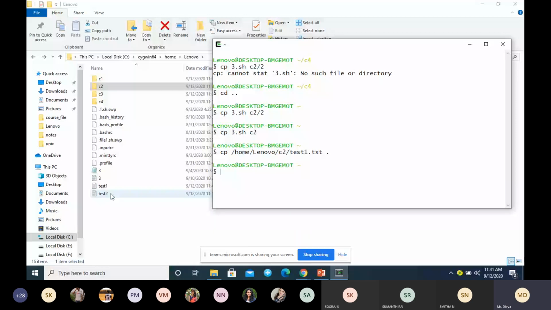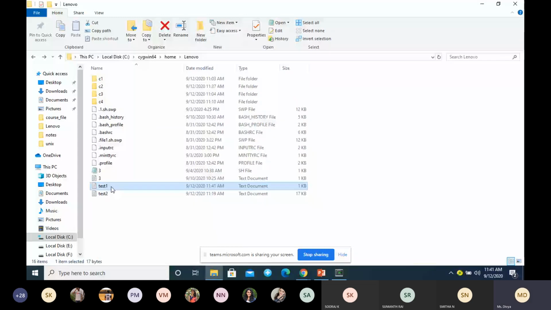Okay, you can change your current directory. You can be inside C3 or C4 directory. Based on that, you can copy the files. So I can type like this also. This is also fine.